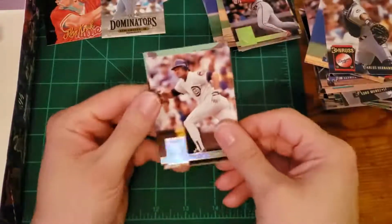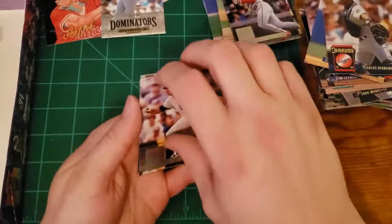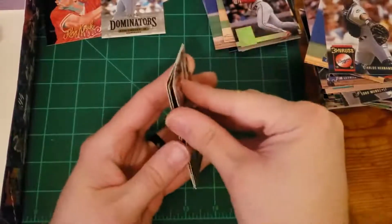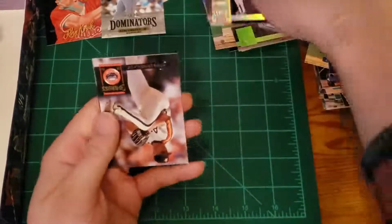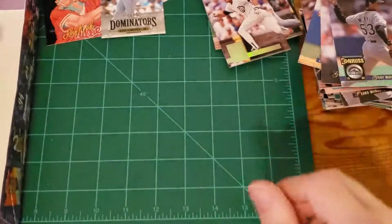Oh, Ryne Sandberg as our special edition. I'm getting some nice special edition hits. Pretty happy about those. Still haven't hit a Griffey yet. So, but yeah,